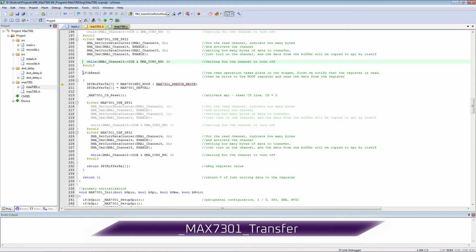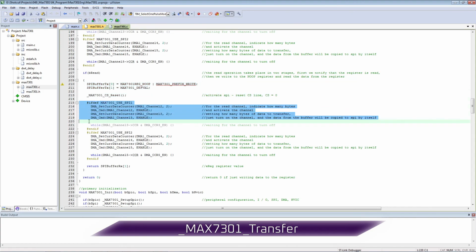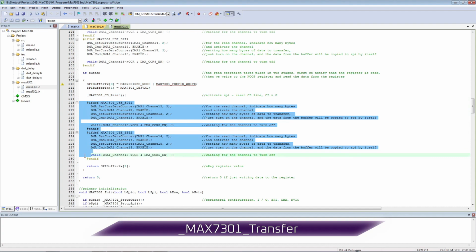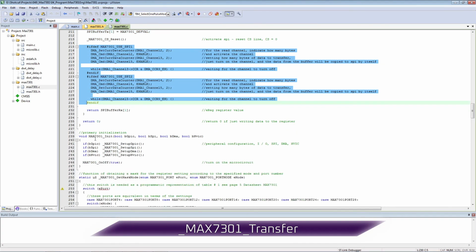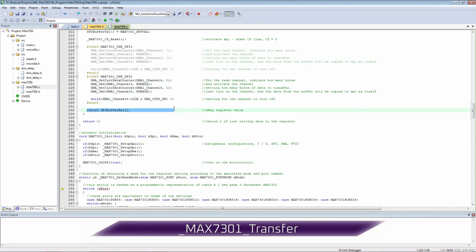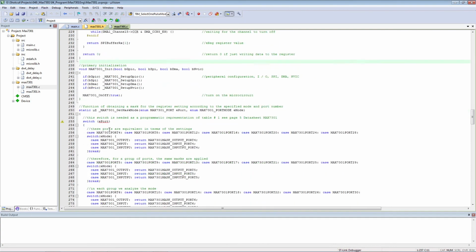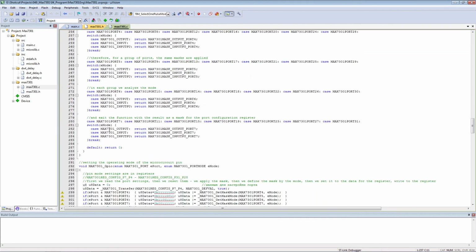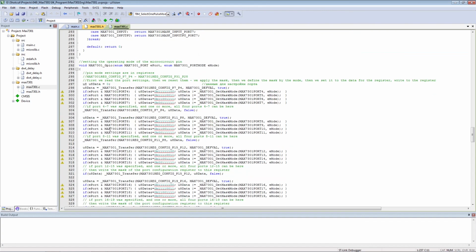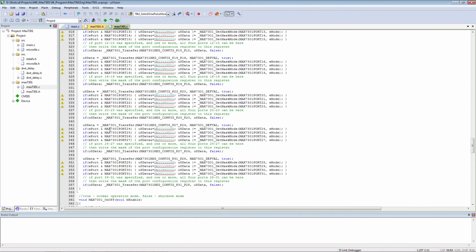The read operation is performed in 2 stages. First, we specify the address of a register with the read flag. Then we send an empty command and read what the expander will respond. The second stage also uses DMA facilities. The rest of the functions are not complex in meaning, but rather large in the number of lines of code.